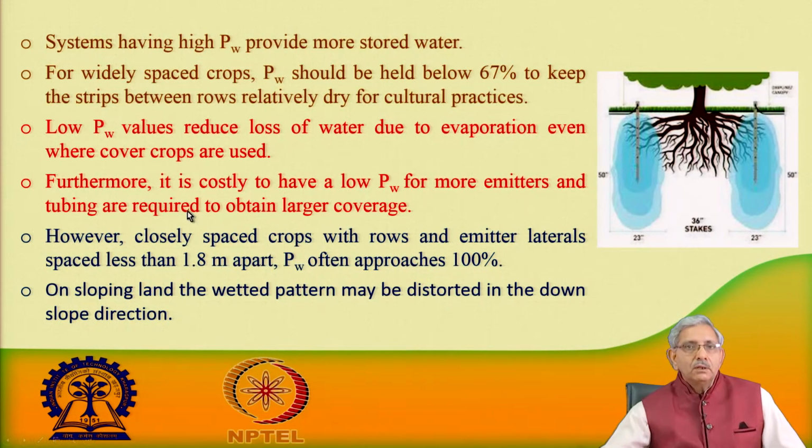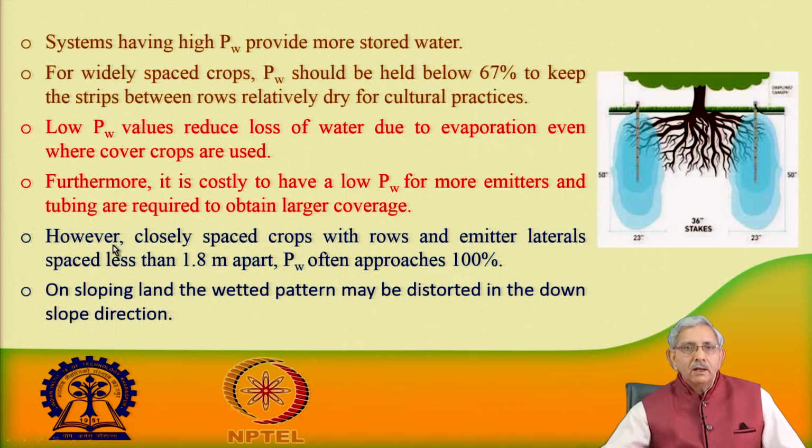Now, it is costly to have low Pw, because more emitters and tubing are needed when we want more Pw. So, then what will happen? We will be using drippers, tubings where the inline type of drippers are used, so that one complete strip can be made. So, closely spaced crops with rows and emitter